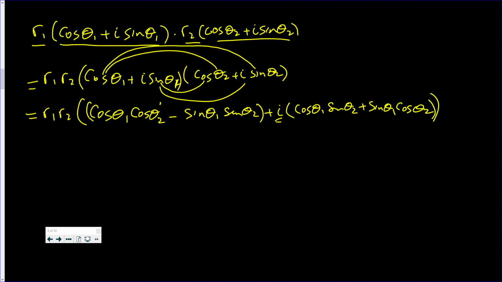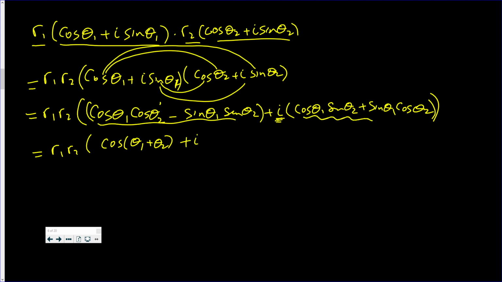Now, the beautiful thing that happens is, this is r1 r2, but that here is cosine of theta 1 plus theta 2, plus i. This here is sine of theta 1 plus theta 2. So basically, we multiplied the r's and we added the angles. We multiplied the r's and we added the angles,